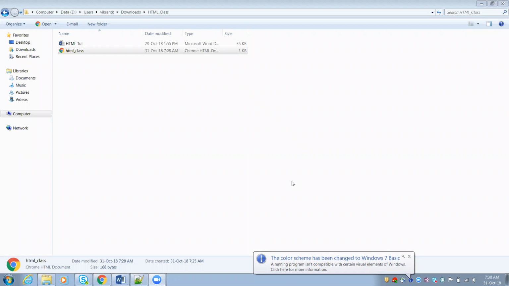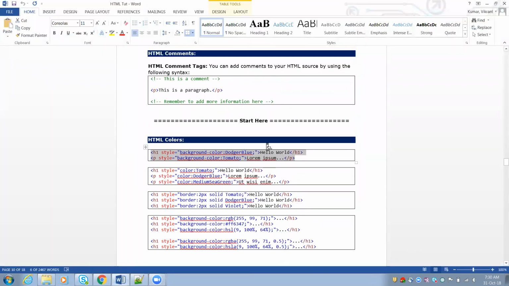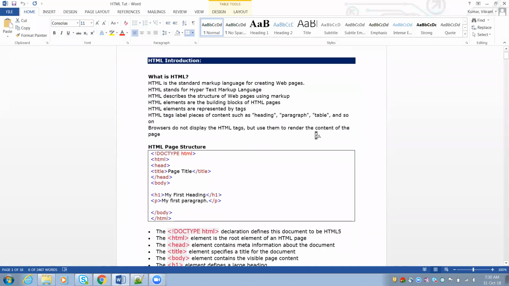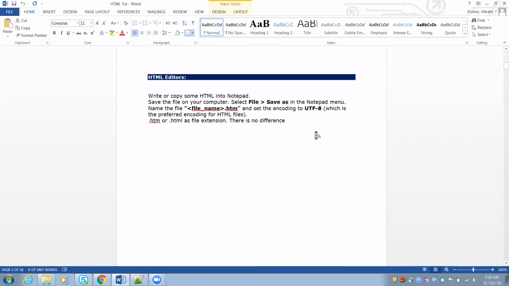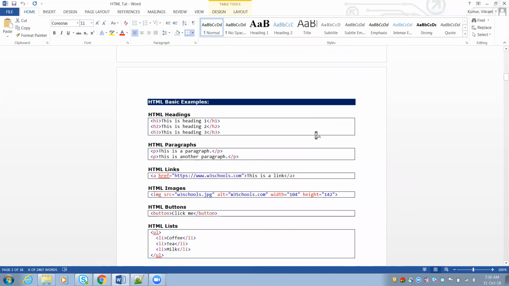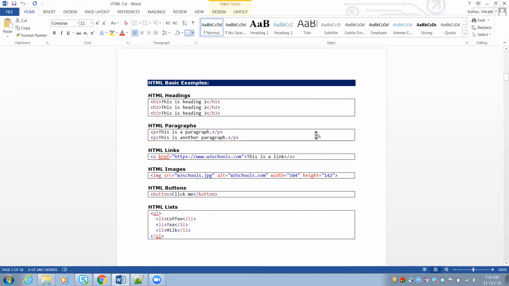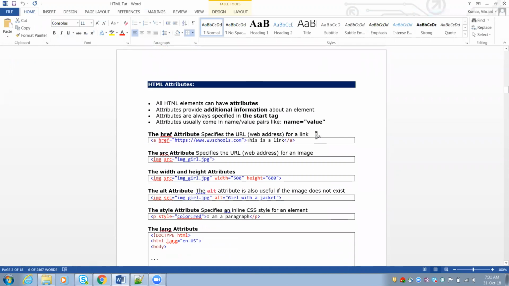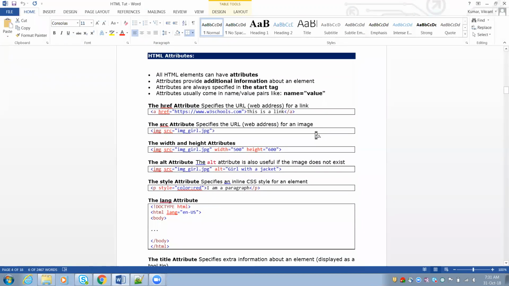Okay, so I have created that file. Till here we had covered that day. So far what we have covered: introduction about HTML. After that, what are the editors we can use to edit the HTML files. After that, we had covered some basic tags: heading, paragraph, links, images, buttons, and we had some HTML attributes, like